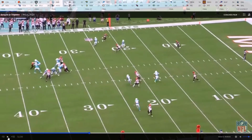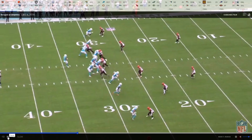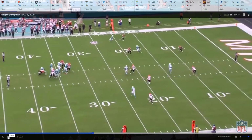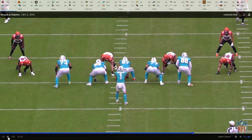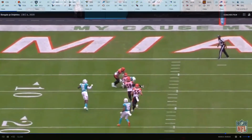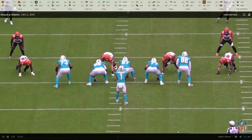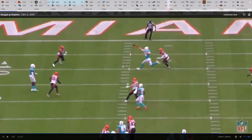I know the catch is what is going to get highlighted here because it is an amazing catch. Don't get it twisted, but this is a great throw, too. Steps up into the pocket. Watch this, because Austin Jackson's going to get kind of whooped again. He steps into the pocket to escape pressure and delivers that on time, accurate enough for that to be caught. And if Gesicki can't get to that ball, it's just going to go incomplete. It might hit the ref, but